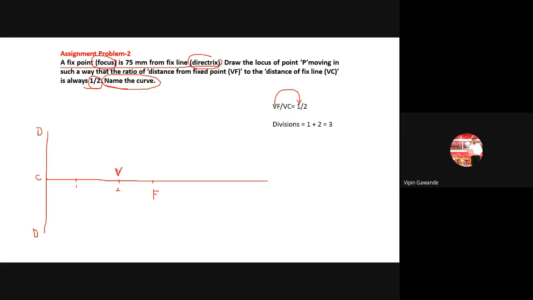याला एकच डिव्हिजन द्यायचा. तर डिव्हिजन कसं मोजायचा, हा डिव्हिजन, this is 1 division, this is second division आणि हा किती झाला, थर्ड डिव्हिजन. ओके, तर VF ला एकच डिव्हिजन आहे. So म्हणून आपण त्याला काय दिलं, इथून F पासून एकच डिव्हिजन काउंट केला. So this is V. आणि VC ला किती डिव्हिजन गेले, 2, 1 आणि 2. ऑटोमॅटिकली त्याला मिळून जातील ते VC ला. त्याच्यानंतरची नेक्स्ट स्टेप काय आपली, V ला व्हर्टिकल लाईन ड्रॉ करायची.